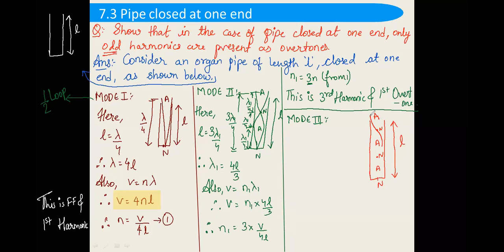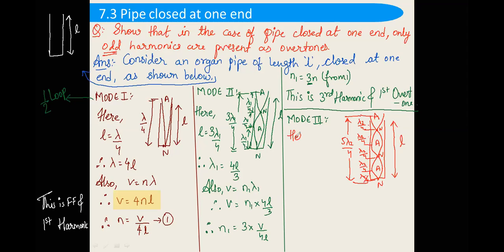And we are going to draw a stationary wave like this. So 2.5 loops are present. Here half loop is present, 1.5 loops, here 2.5 loops are there. The distance between a node and an antinode is lambda2 by 4. This is lambda2 by 4, this one again lambda2 by 4, this one again, this again. How many lambda2 by 4 are there? There are 5: 1, 2, 3, 4, 5. So the total is 5 lambda2 by 4.